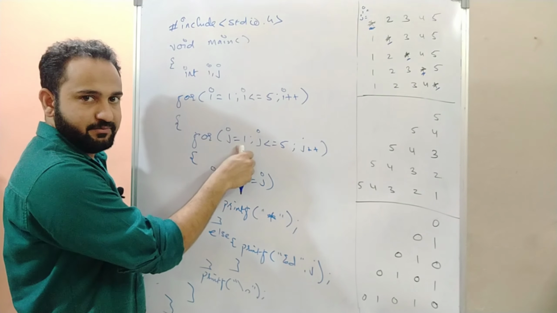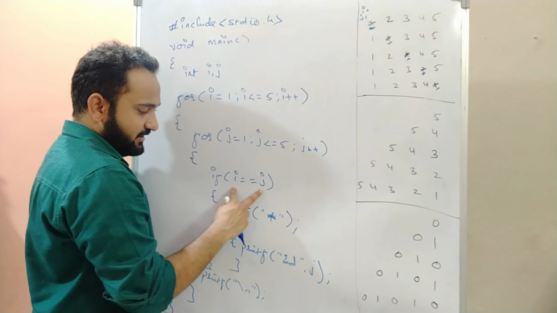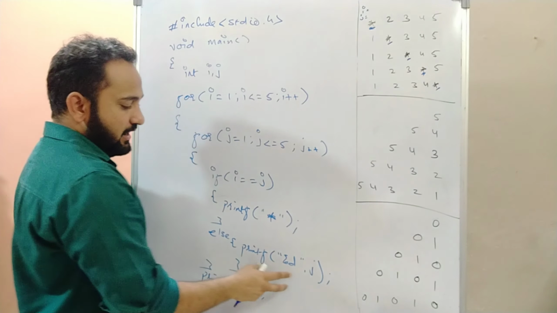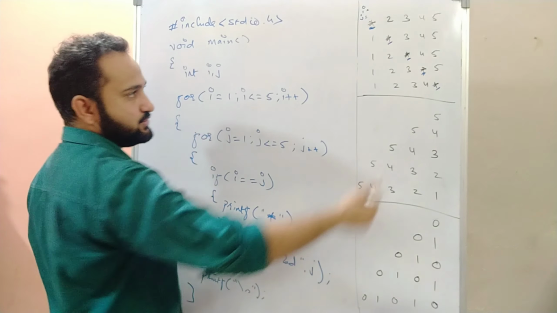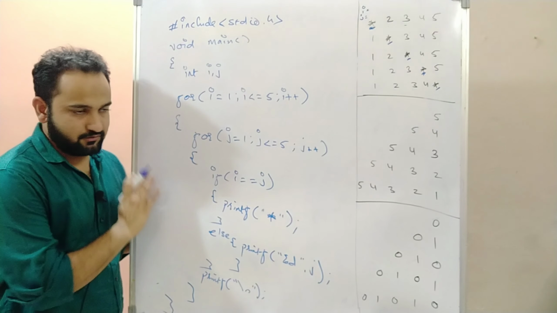The value of j becomes 2 now. 2 is less than or equal to 5, condition satisfied. Right now the value of i is 1. Is 1 equal to 2? No, it won't go into the if, then it will go into the else. Now in the else it will print the value of j, that is 2. Likewise, it will print all the other patterns. I hope you got this first one.